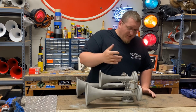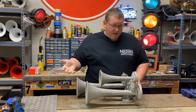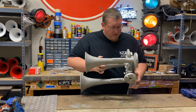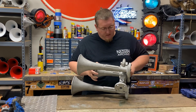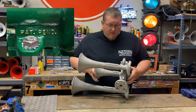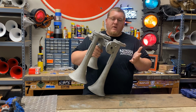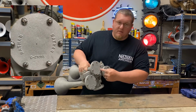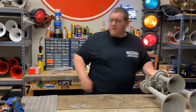So first off, there's old cast and new cast P horns. The way you can tell is on an old cast horn, this being an old cast, you're going to have patent pending on the sides of the bells. If it just says pat pinned, that's a new cast. Another way you can tell, which isn't the best way to tell because back caps can be swapped, is your old cast back caps are going to have double Nathans, whereas your new cast horns are going to have